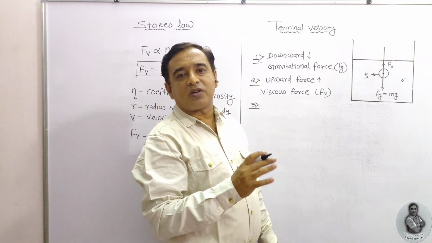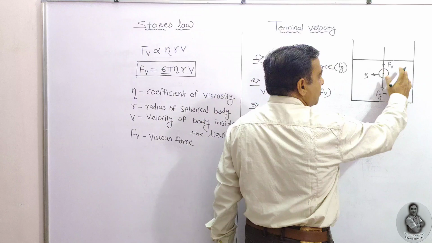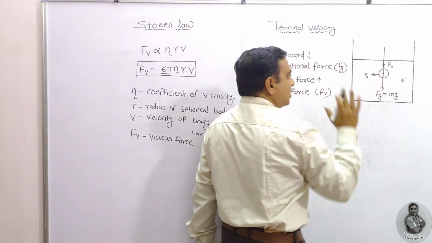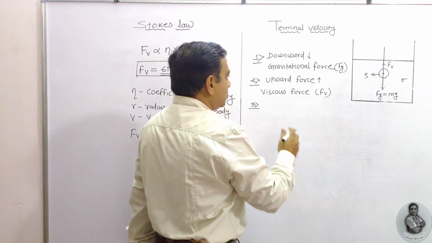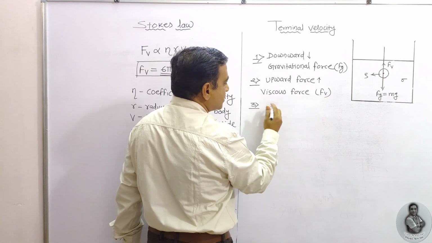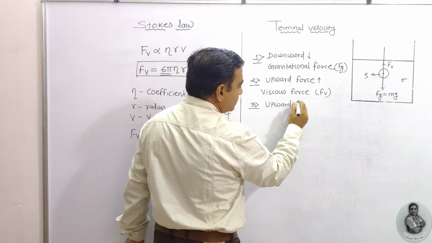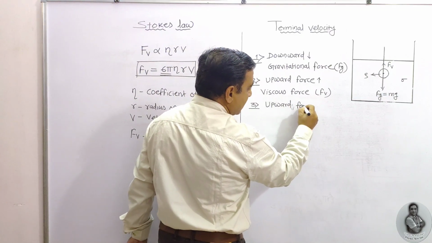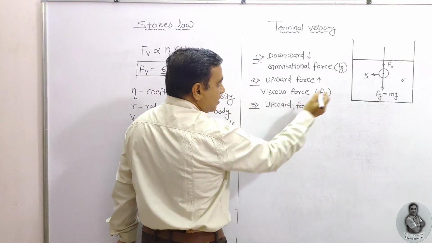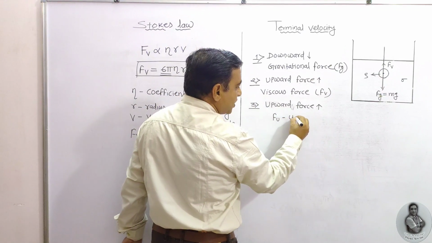Upthrust is a force which is applied by the liquid surrounding the spherical body. This is the upthrust given on the spherical body only. So this is an upward force which is acting on the spherical body. Once again, which kind of force? That is Fu, that is upthrust,